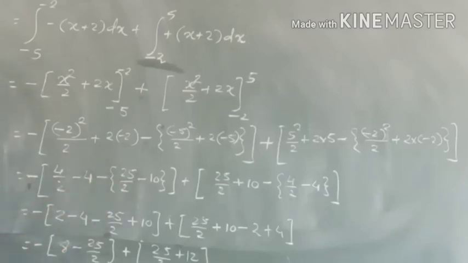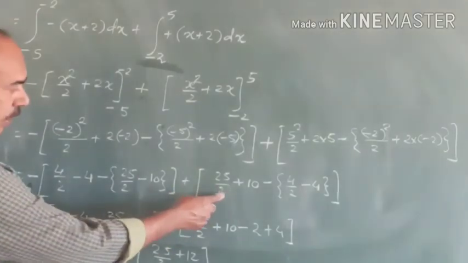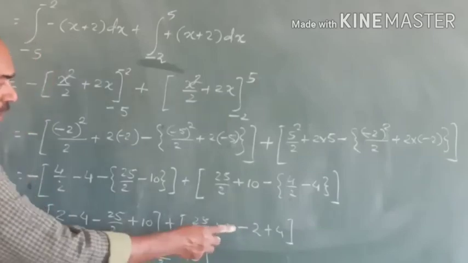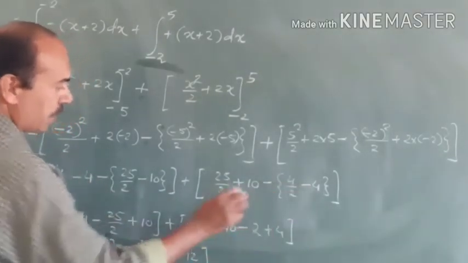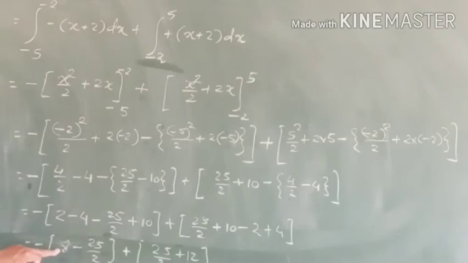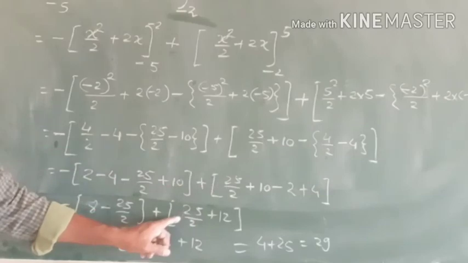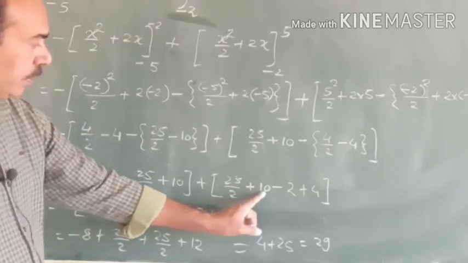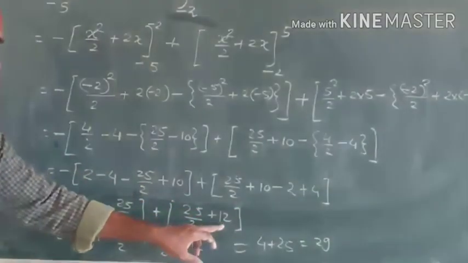Open this bracket. So 4 by 2 it was only 2, this is minus 4, minus 25 and minus minus plus. Here 25 by 2 plus 10 still as it is. This is 4 by 2, it means only 2, and minus minus plus 4. So observe here 10, 10 plus 2, 12, 12 minus 4 you will get 8. And this minus 25 by 2 still as it is. First write 25 by 2 here. 10 plus 4, 14, 14 minus 2, it means only 12.